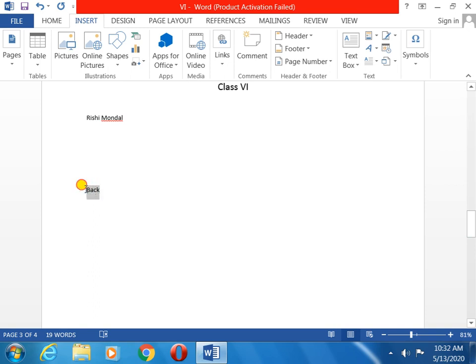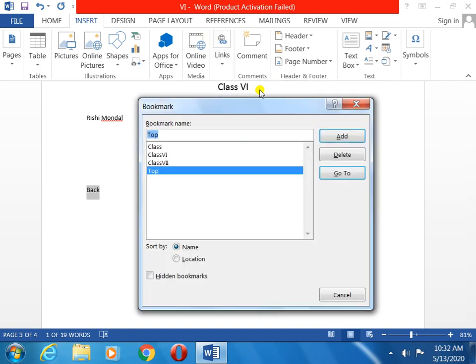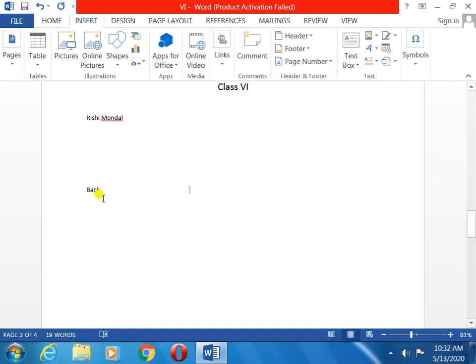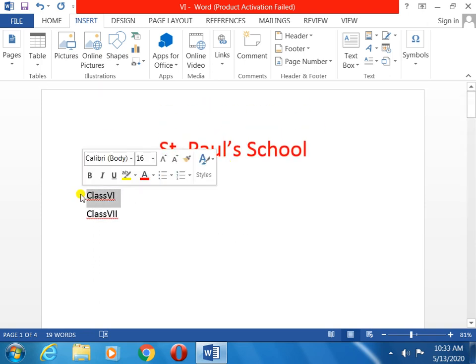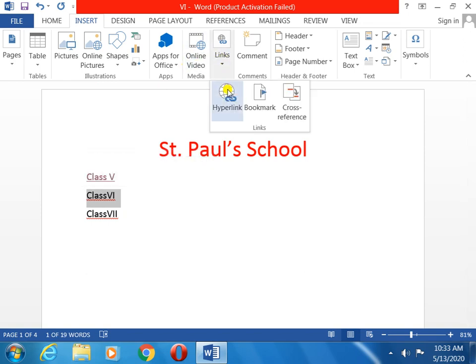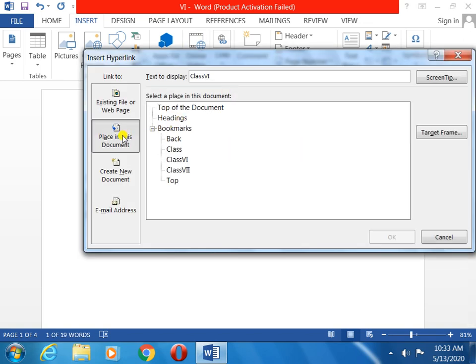So for the back option, go to the link, click on bookmark options. Here I will erase this and write back, add. Okay. Now I will go to that same top page, class 6. Select. Now I will do hyperlink. This document, obviously only this page.